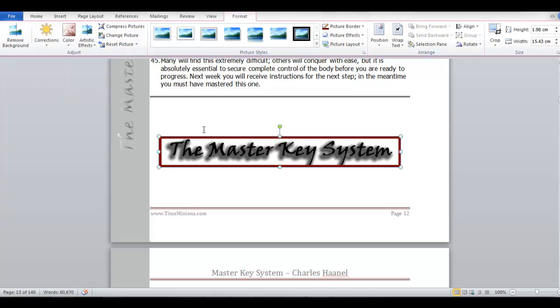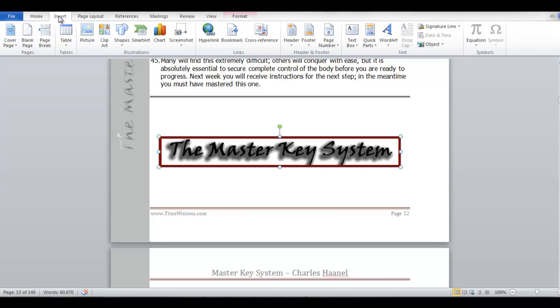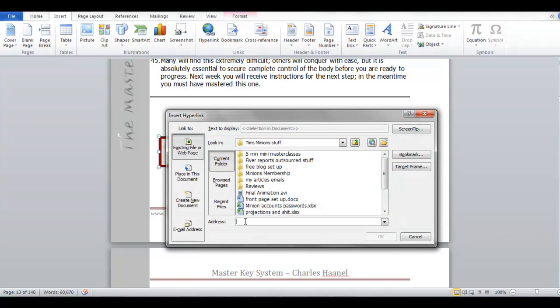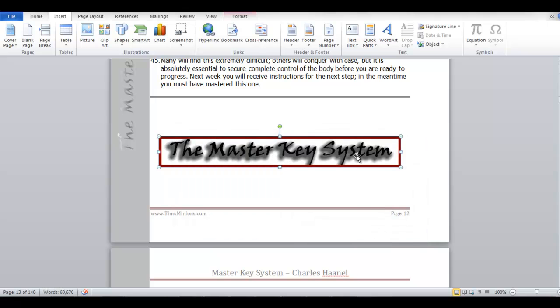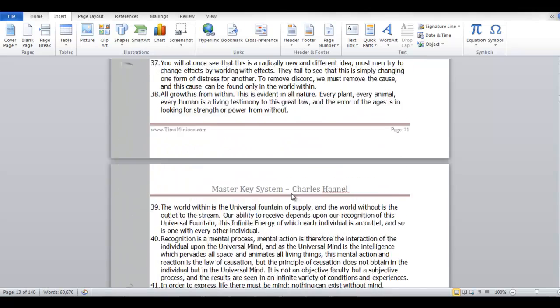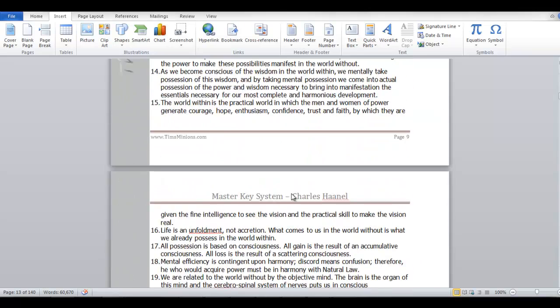So you simply double click on the image itself and go to insert, go to hyperlink, and then type in http www.timsminions.com. Okay, just go with that for example. So now he's clickable to actually the Tim's Minions website. You can do that, and also you can do exactly that with